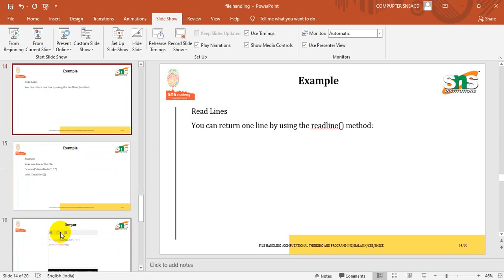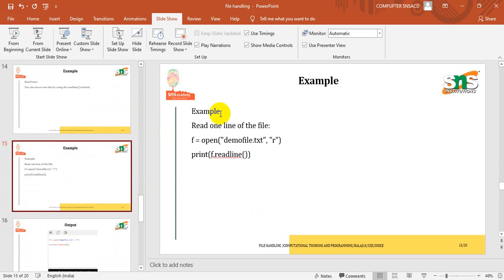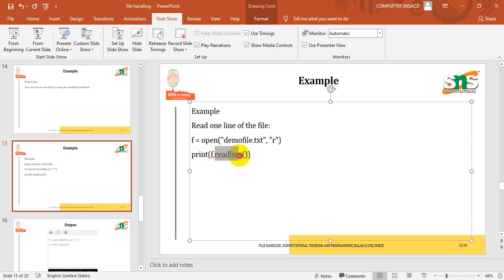So how are we supposed to write the program? For reading only one line as my output, instead of read, you can use a function called readline. So it is the same program, just given as readline instead of read.